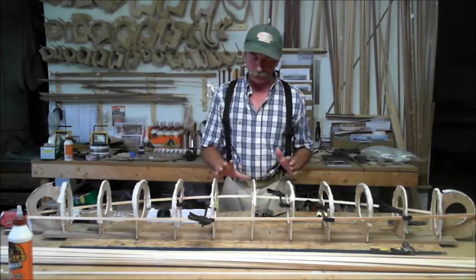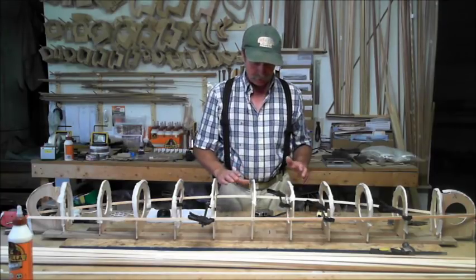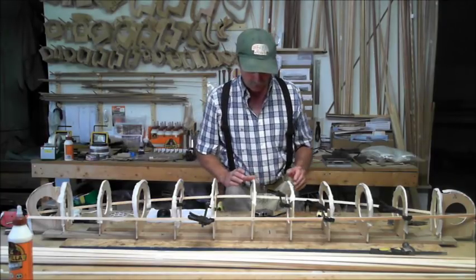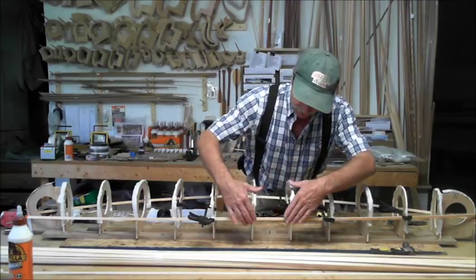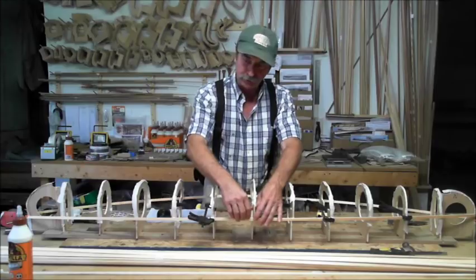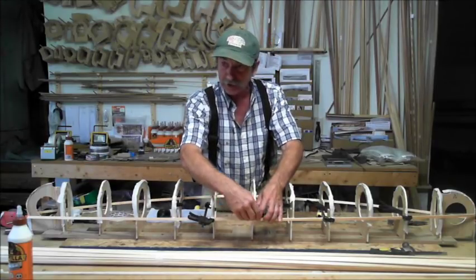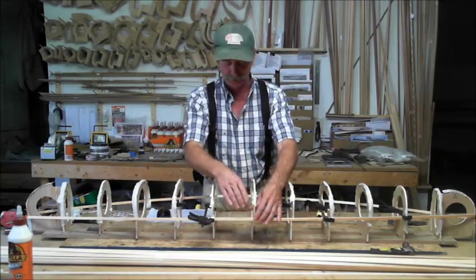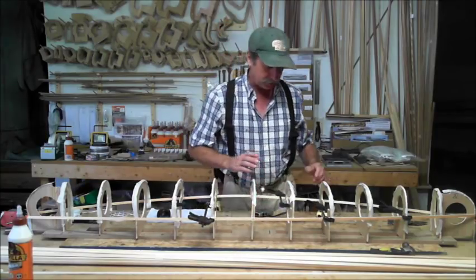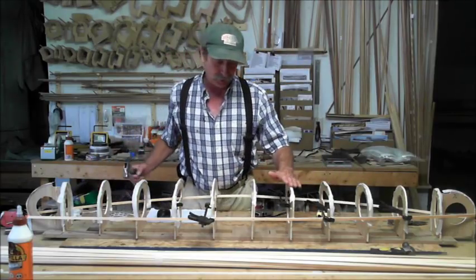It's a little bit cumbersome, but you can play around with it. Get your strips, measure your strip and find the center and put a little brad in it, and then start in the letter G first. Put them on both sides, put some clamps to hold it in place,